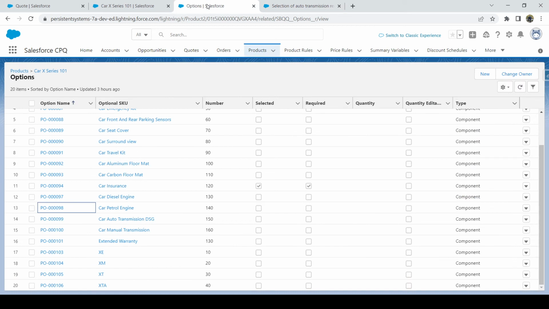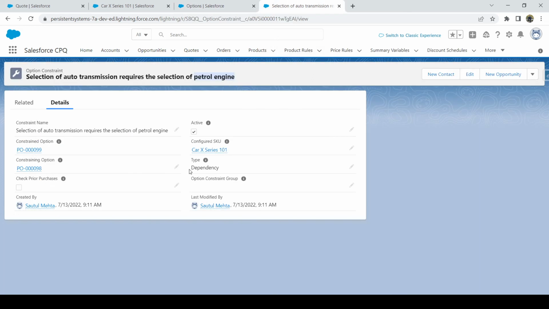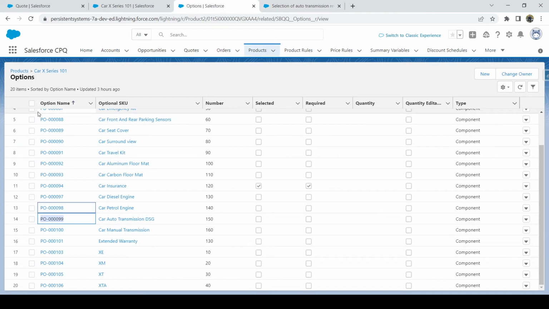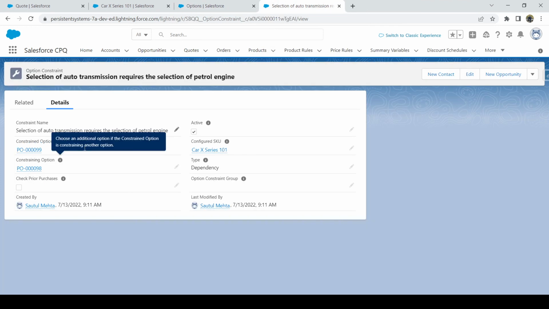If we go back to the options, we have the petrol engine, that is number PO98, and the auto transmission, that is number 99. Here in the constrained option, we need to make sure we give the product option name. The product option name we have here, we need to give that name only.